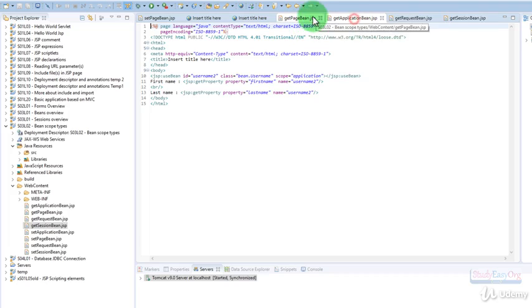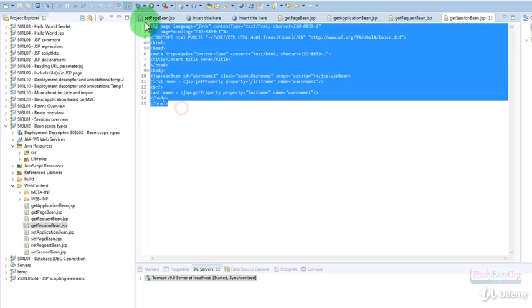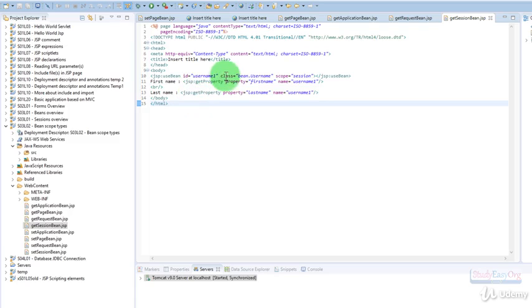These pages are derived from our previous project, so these are exactly the same. And let me also share these get page bean.jsp, get application bean.jsp, get request bean.jsp, and get session bean.jsp. All these pages are exactly the same and are copied from the previous project, and we are simply displaying the value. And all right, so let us get back to the project, and we were talking about page scope,